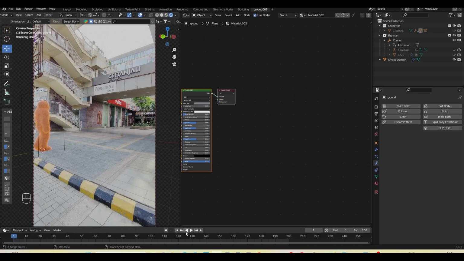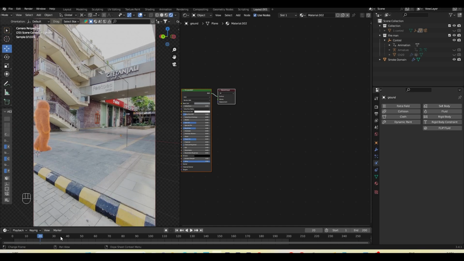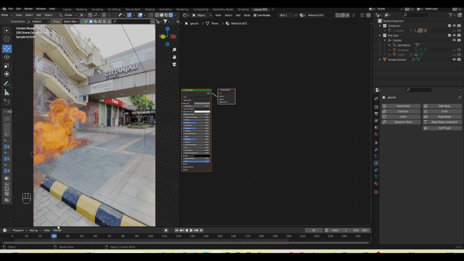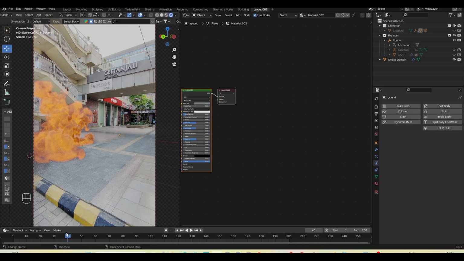You can see this will start here, but I will bake the simulation from 1 second, but I will start my simulation around like 30, something like that. And maybe I will also add one more option, like I will add a cube over here to add a collider, or let's go to like 40 frames, and from here I will start the whole simulation, because now it will keep moving and our simulation is also stable,